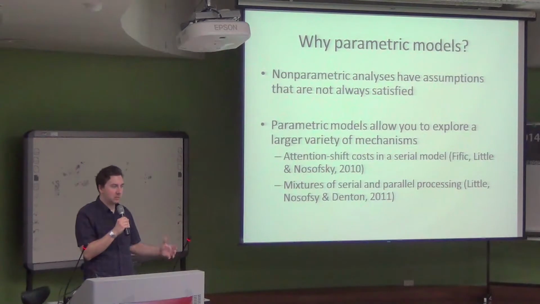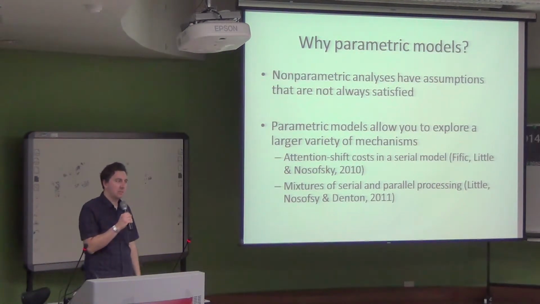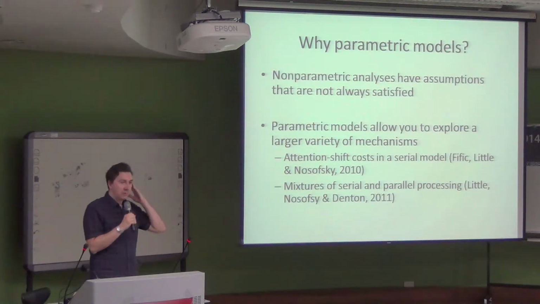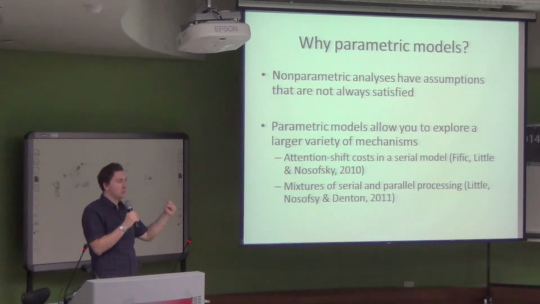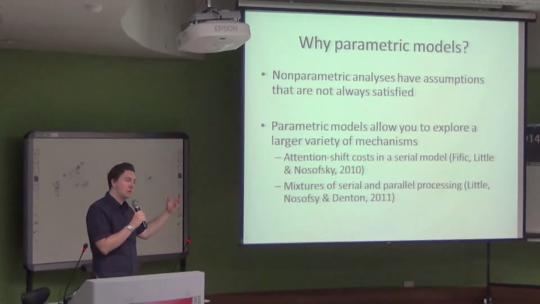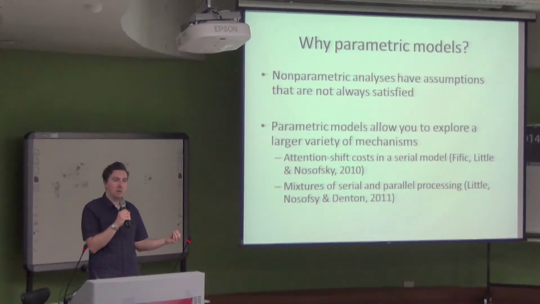So it doesn't have the nice properties that the non-parametric analyses have. You don't get the nice qualitative distinctions between the models, but you can use some more quantitative tests to try to tease them apart. The other kind of more theoretically important property, I think, is something that Jim mentioned. You apply the sieve method, where you start with the non-parametric analyses to rule out entire classes of models. Then you can start asking questions about more specific mechanisms by adopting a bit of a parametric approach and building in some additional assumptions onto the standard models that are tested using the non-parametric analyses.